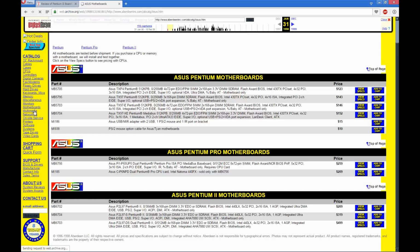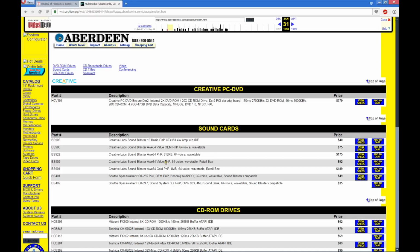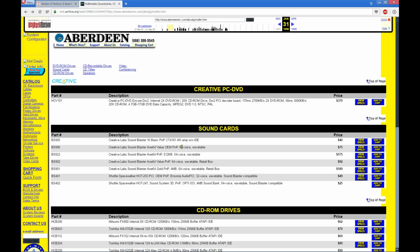Let's see here. Multimedia. I actually have two cards that I'm going to choose between. The OS64. Now, I only have the value, unfortunately. I don't have the gold. I'm not sure which one of these two I've actually got. PNP. Let's take a look at that one. Do they have a picture of that one? Because I know I've got the retail card, and then I've got the OEM one. The retail card I bought back in 1997 or 1998, something like that. I actually bought it at Best Buy, I think. Still got that card. So I'll either go with the OS64 in this case,